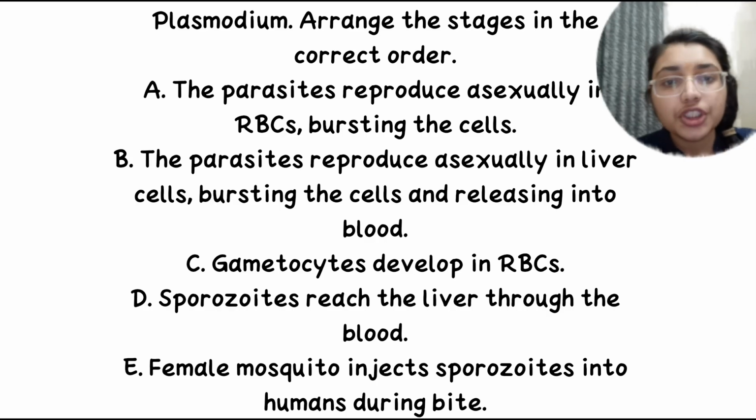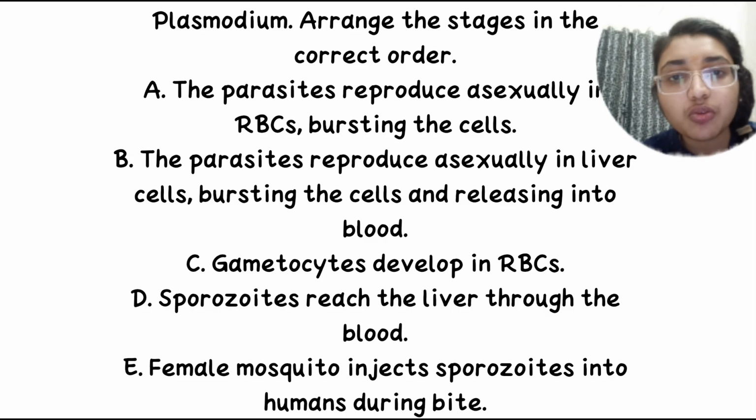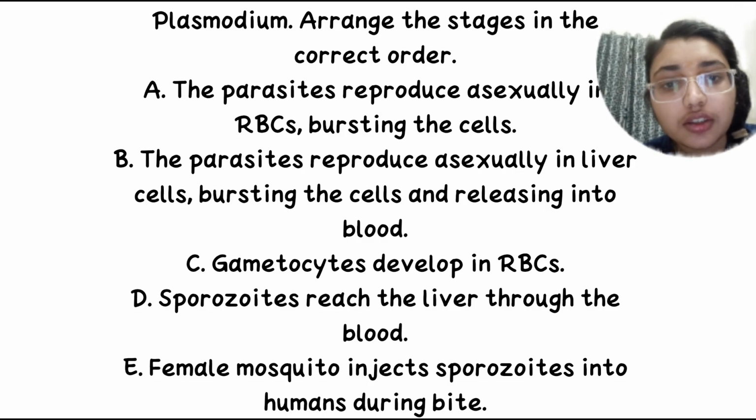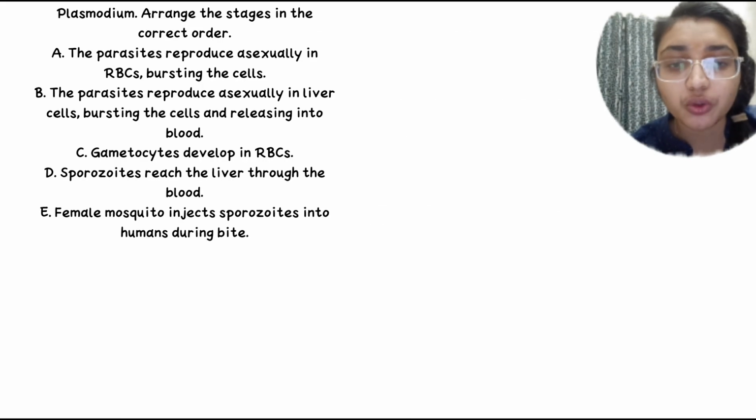So here the question is, the following are the stages of the life cycle of the plasmodium. We have to arrange the stages in a correct order. So here the first option is the correct one, because first the female mosquito injects the sporozoites into the human during